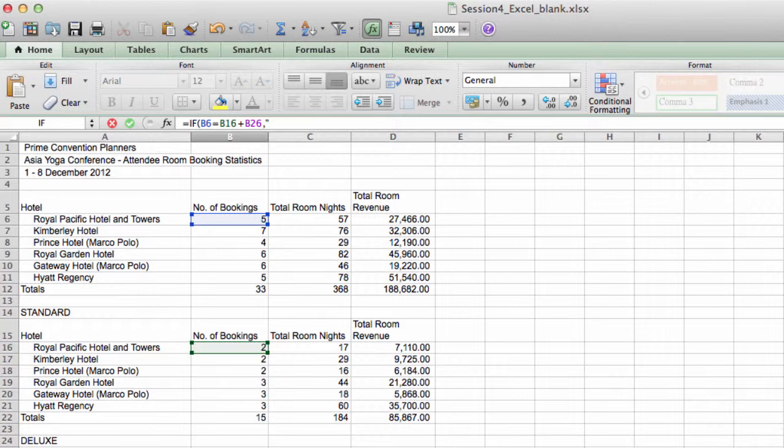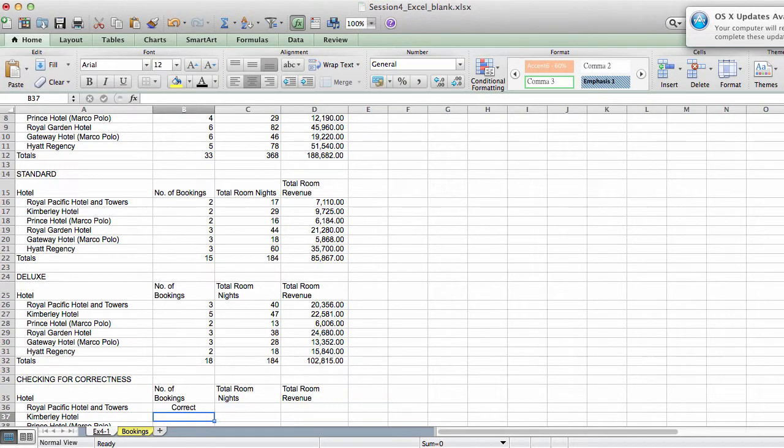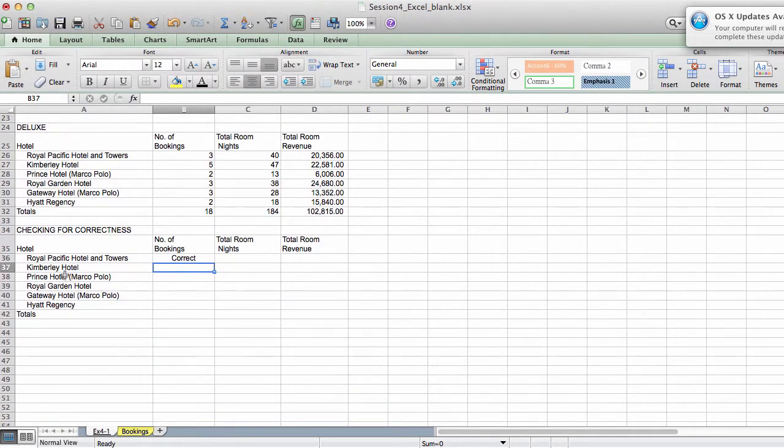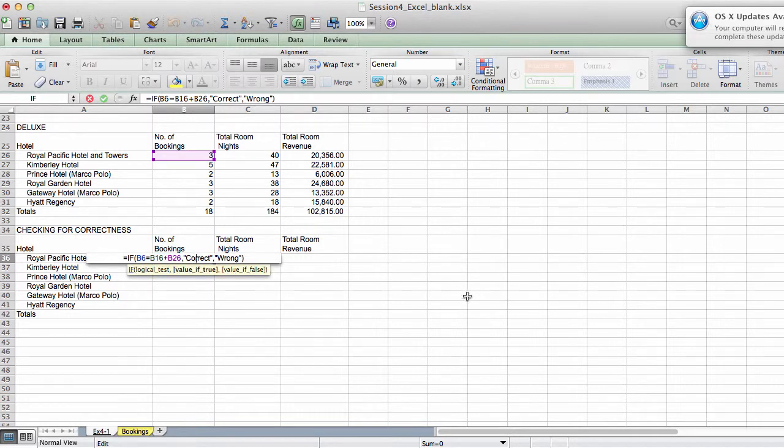If they're equal, then my if function will return the value correct. If they're not equal, it will return the value wrong. I press enter, and you'll see that it gives me the answer correct because B6 is equal to B16 plus